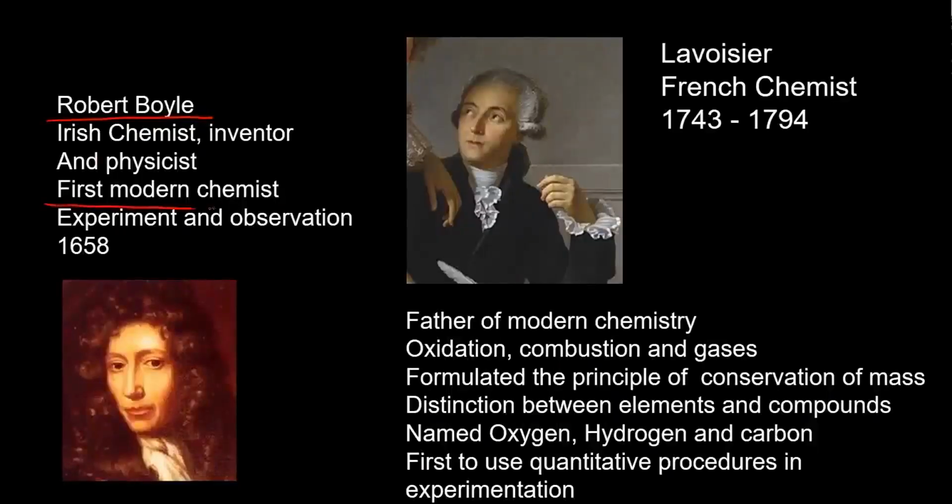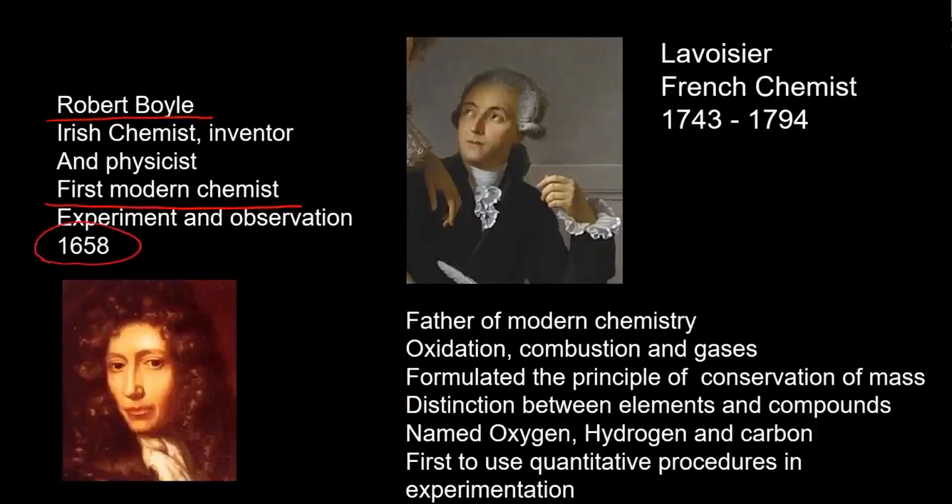He was a great learner, a great scholar. He rubbed shoulders with all the people of the day who were interested and curious and putting out information and experimental data. And he is known as the first modern chemist, because what he did was he started experimenting and observing. So he did the experiments, he observed them, he recorded them, and in 1658, okay, so that's quite a long time after